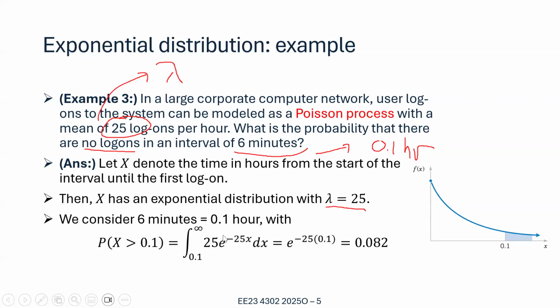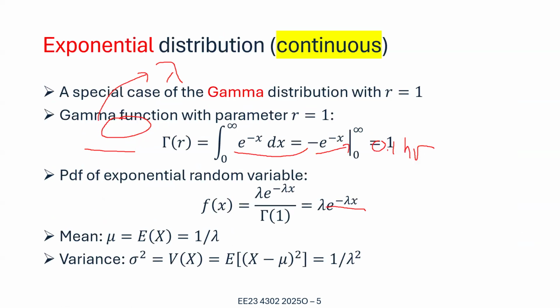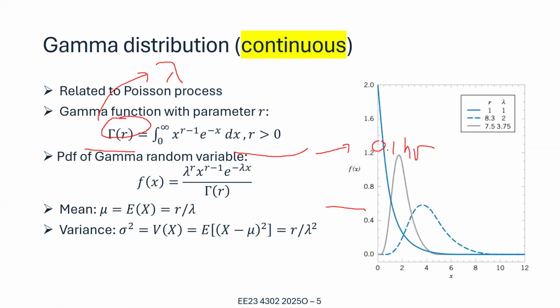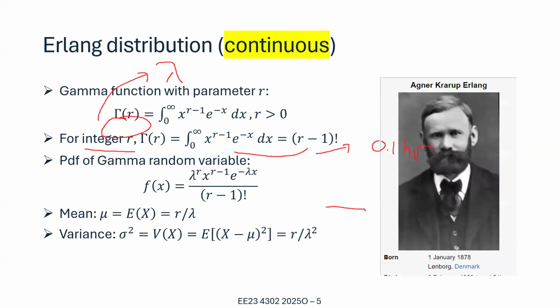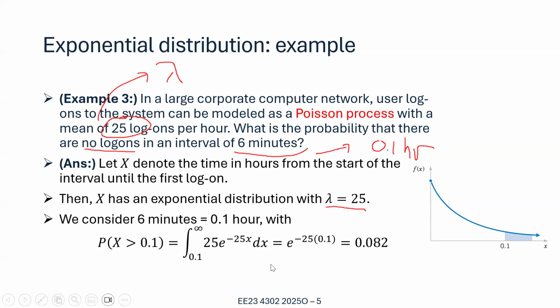For the exponential distribution, we have f(x) equals lambda times e to the power of minus lambda x, right? This lambda again is the one we use for the Poisson process, and we integrate this from 0.1 to infinity,